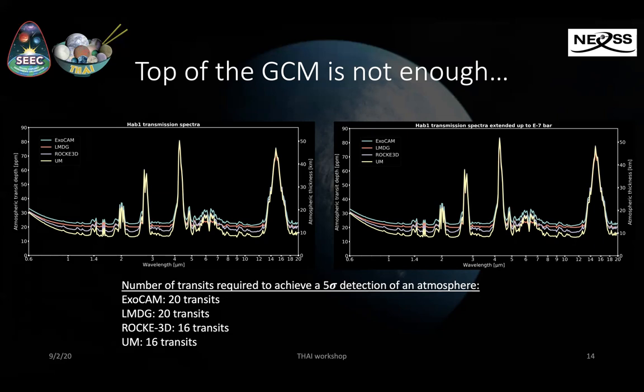So it's not negligible, but it's still okay overall. Also, I would like to say we don't know which model is closer to the truth or further away. But what is important here is that we put a caveat: if you do a simulation with one GCM and you look at the transmission spectra after that, you can put that in a larger context to know that maybe your estimation is optimistic or pessimistic with respect to the other models.